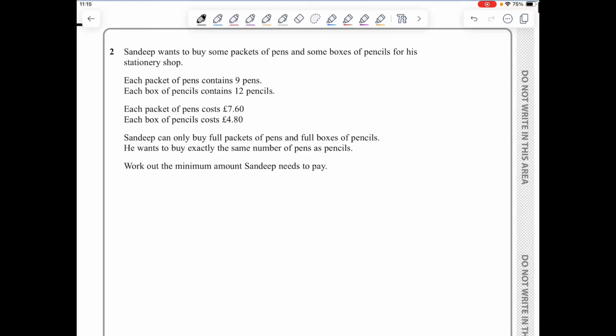Now for question 2, I need to start by finding the number of packets of pens and the number of boxes of pencils that will be bought. To do that, I'll need to find the lowest common multiple of 9 and 12. To find the lowest common multiple, I'll convert 9 and 12 into products of prime numbers. 9 is 3 squared, 12 is 2 squared times 3. So the lowest common multiple of 9 and 12 is equal to 2 squared times 3 squared, which is equal